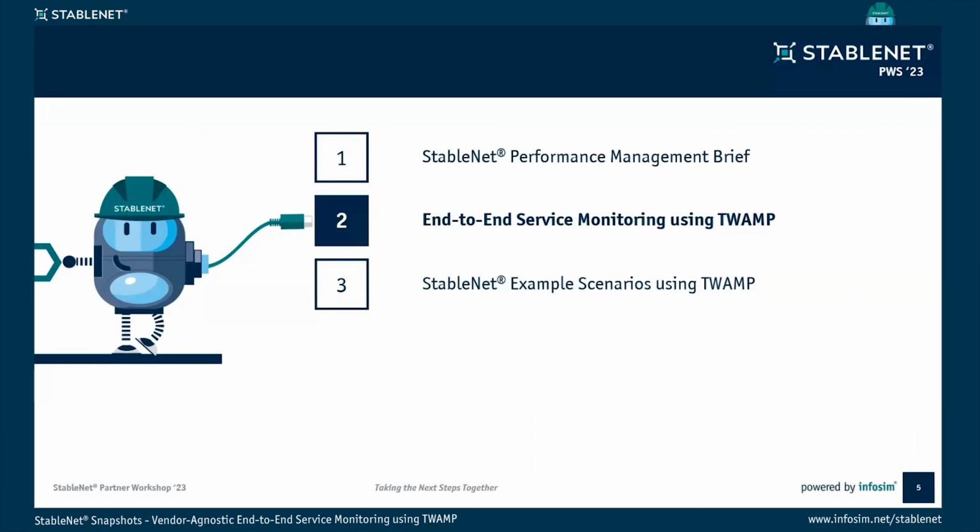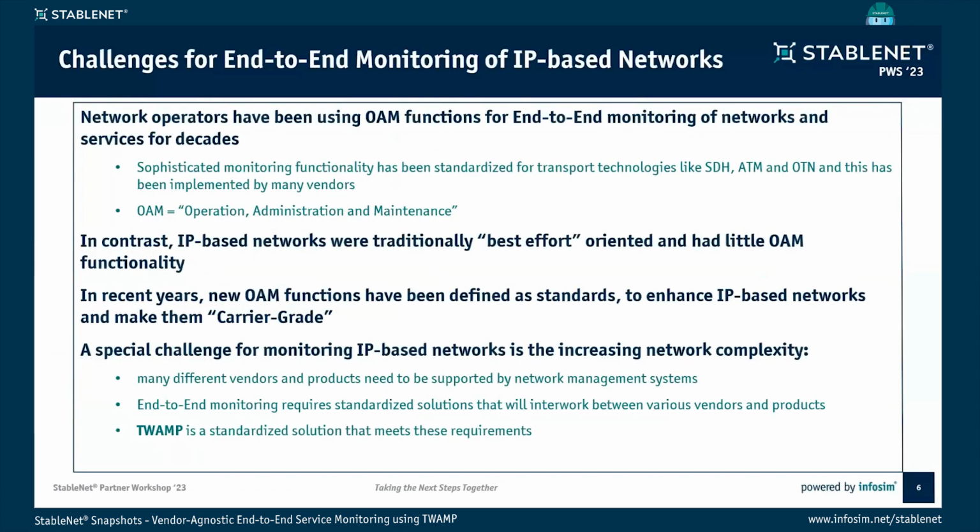Now, end-to-end service monitoring using TWAMP. First, let's move back a step and look at some challenges for end-to-end monitoring of IP-based networks. In order to perform end-to-end monitoring of IP-based networks, you need some kind of OAM functionality. OAM meaning operation, administration, and maintenance. Basically, what you do here is you add some information that you're passing through the network. You evaluate at the other end, and then this gives you some kind of indication of how good your